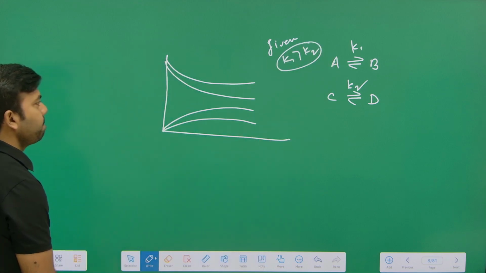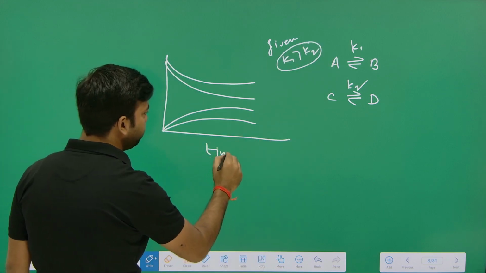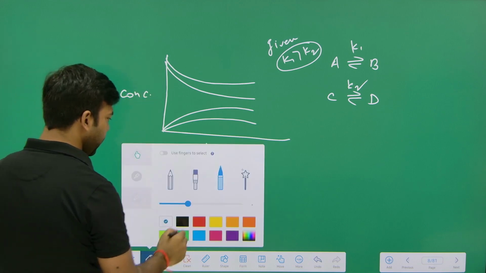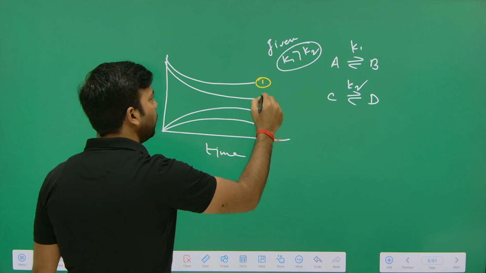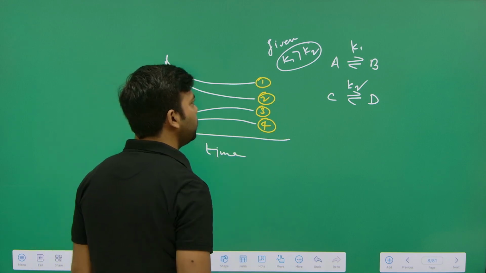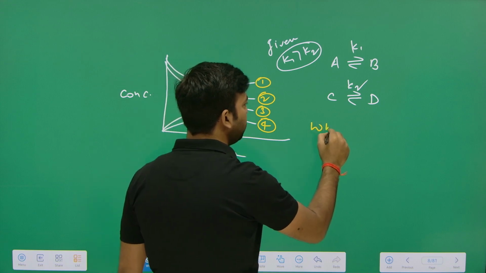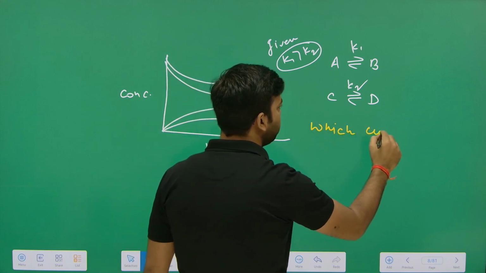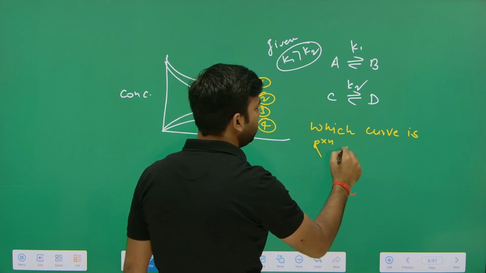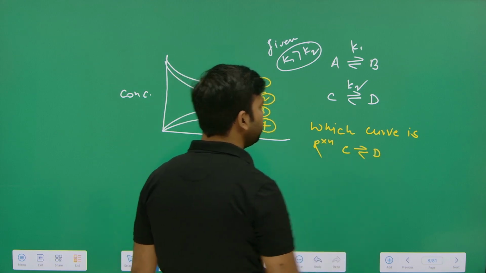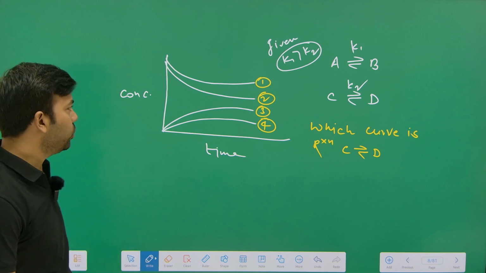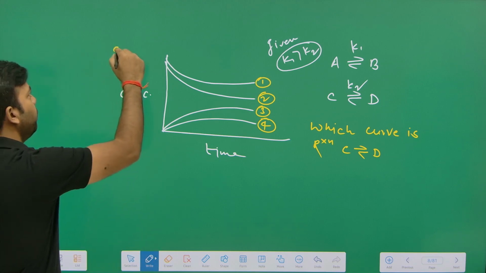Okay, this is time, this is concentration, and here we have curve 1, curve 2, curve 3, curve 4, and the question is which curve is the reaction C to D. So take your time and try to answer this question. So all this is the given information. Okay,